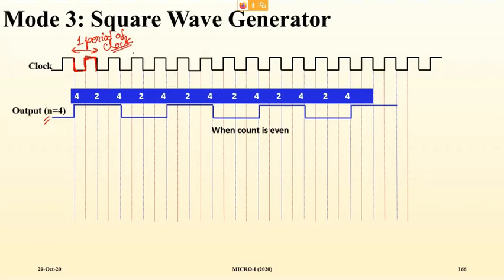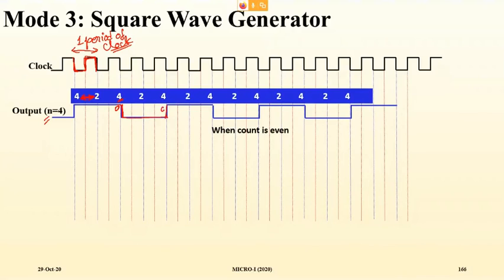In this time period, see here the count is decremented by 2. This is important. So from 4 it is not going to 3, it is directly jumping to 2. So 4, 2, and here you are getting 0. Definitely it is auto-reloading also. So when it gets 0, it changes from high to low, and then again the count is reloaded, 4 is reloaded, and here again